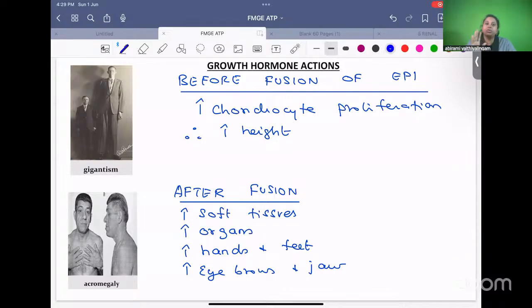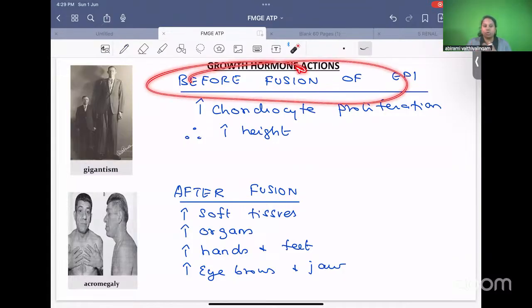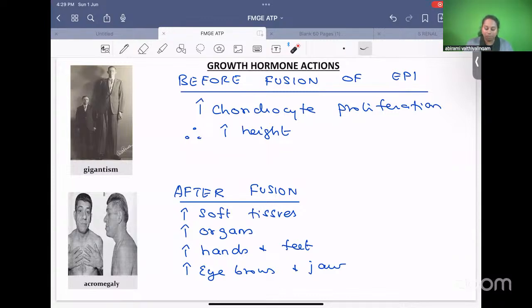Now, first, growth hormone. We are going to learn only the actions. What are the actions of growth hormone? We'll divide it into two stages of life. Before fusion of epiphysis, it means the bones have not yet fused, that is, in a child. After fusion of epiphysis. So how will you remember the growth hormone actions? It is all related to growth. Whatever you need to grow, growth hormone will give you. So before fusion of epiphysis,